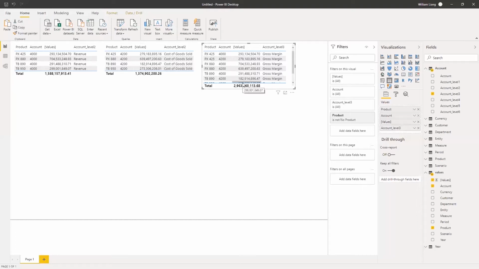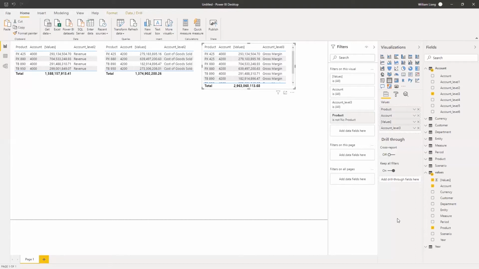Because both our revenue and COGS accounts are stored in Vena as positives, mostly because when we do our budget and forecast, we want to do this in positive numbers, the gross margin is now going to be a sum. So that's an issue. How do we get around it? We typically create another measure in order to calculate some of these parent members or calculated members within our cube